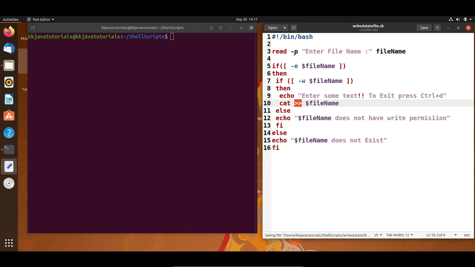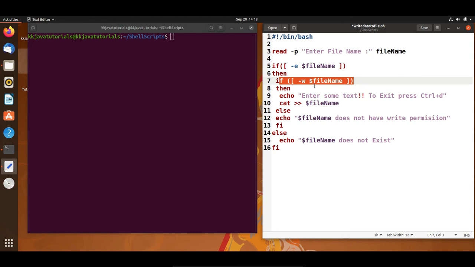So pretty simple. Here I'm asking the user to enter a file name, and I'm checking if the file exists or not. If it doesn't exist, then in the else condition I'm printing file doesn't exist. If that file exists, inside the then I'm using another if, where I'm checking the write condition.